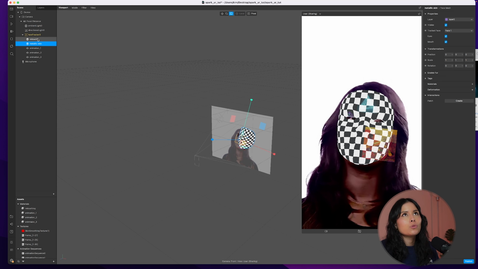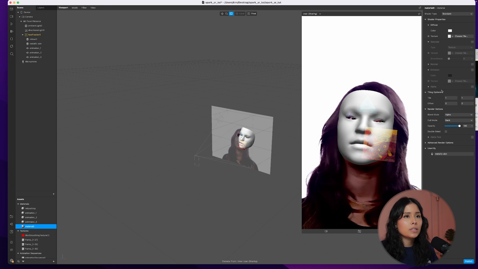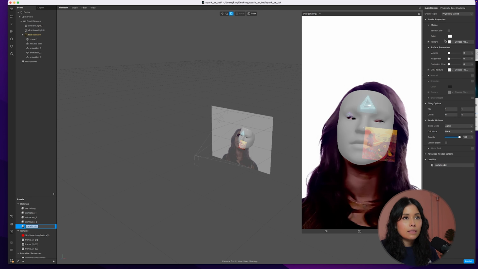Okay, and what do we want to do here? We want to tweak the skin so it's shiny and robot-y. So we're going to head over to the materials and hit the plus sign, and we're going to create a new material. And we're going to double click into that material and call it, again, Metallic Skin. So for the shader type, you want to select the drop down and choose physically based. This will give you the metallic,